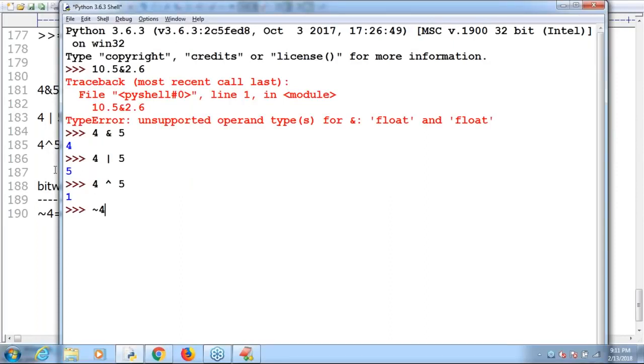Negation of 4. Can you spell out minus 5 or minus 3? Can you please cross check, sir? What output are you getting by default? Minus 5 itself is the answer, sir. A bit of mathematical background is required for the people who want to know this answer.